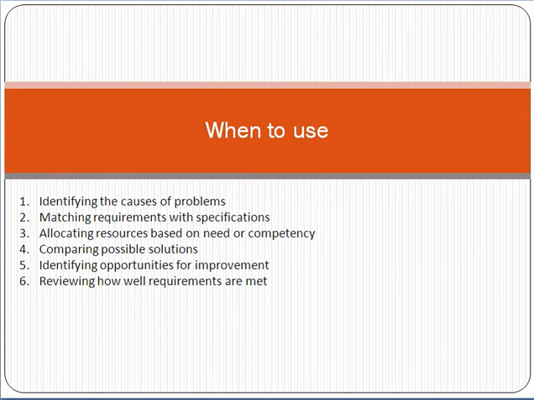For example, let me give you an example. If you want to implement an e-commerce solution, one option is that you can build the solution from scratch with your own software development team. This is one possible solution, and the second solution is that you can just purchase a standard application online, and you can just customize it as per your need and implement it. So there are two possible solutions.